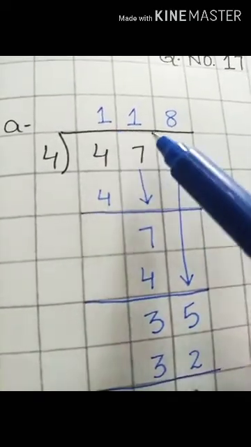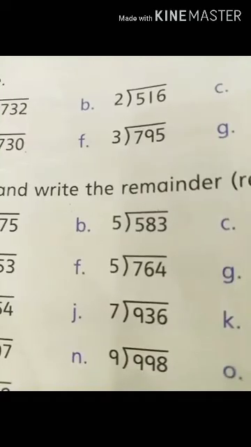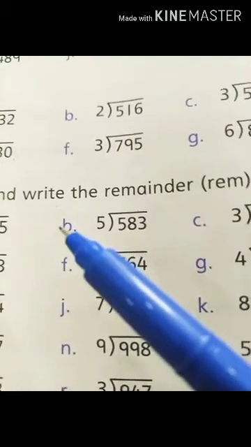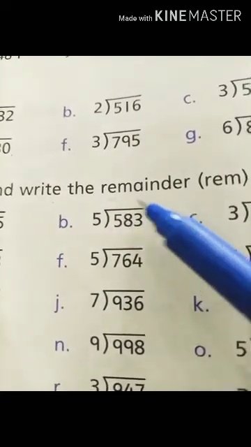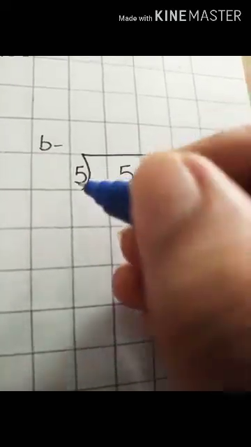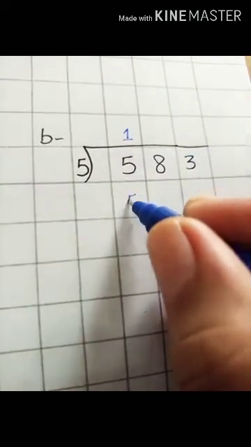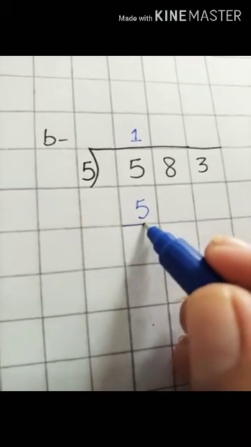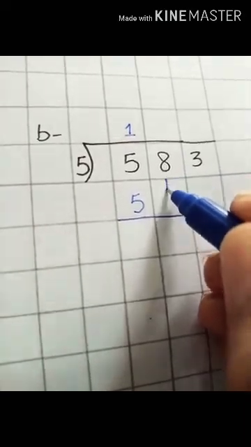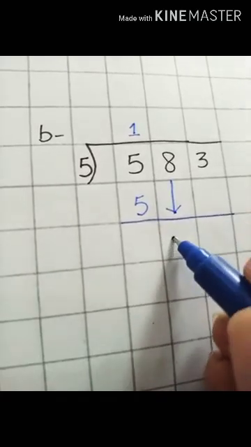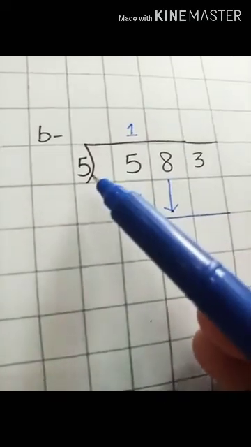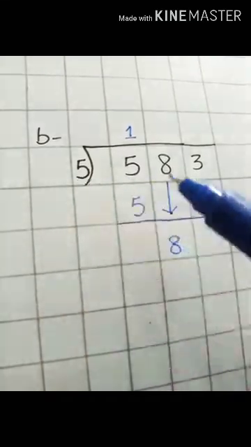My quotient is 118. So students, next is part B, in which we are going to divide 583 by the divisor 5. Here I have written this question in your notebook. Let's compare our dividend and our divisor. As first digits are equal, so 5 ones are 5. And students, next step is subtraction. Very good. Now I am writing this 8 down here. Next step is, this 8 is bigger than my divisor, so I can divide it.